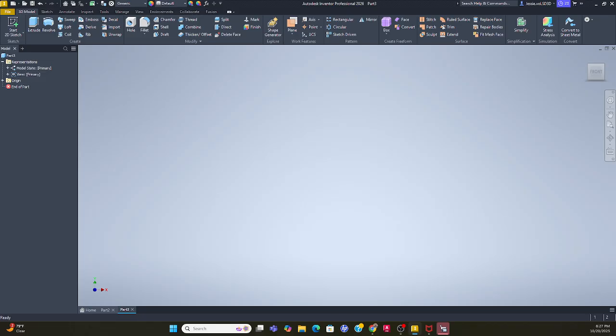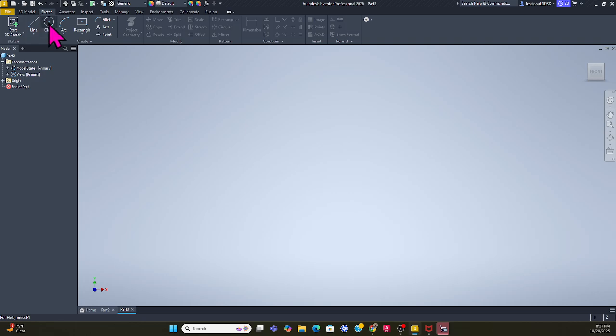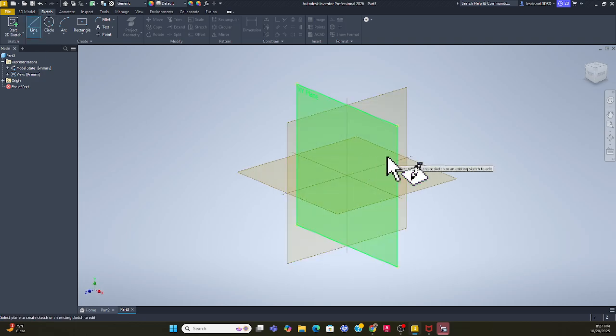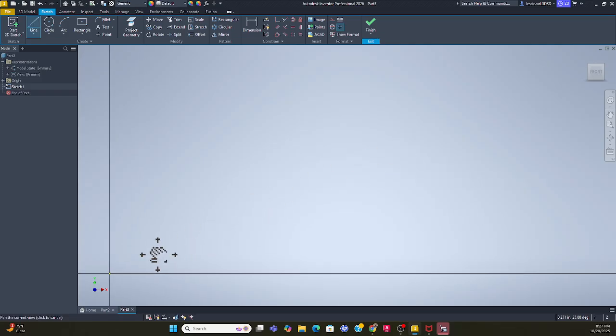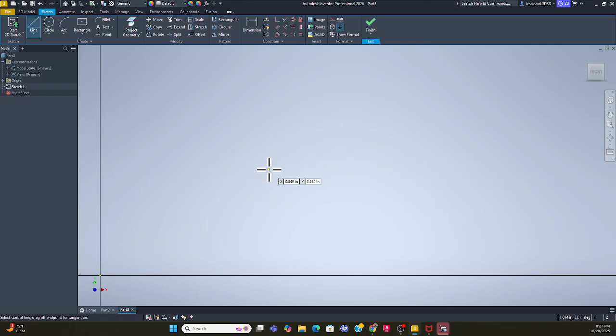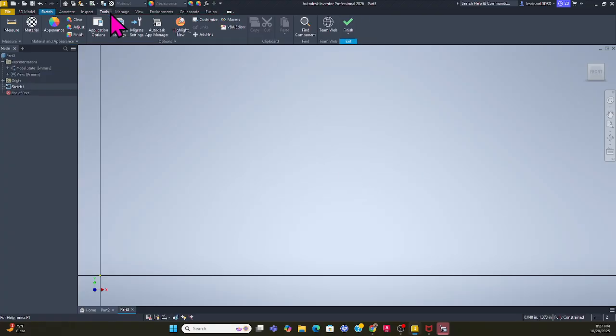What we're going to do next is start out with sketching on the XY plane, I believe, that I just selected. We'll notice the distance between the two circles here, the two ends, would be 105. But before I do any of these, first I'm going to go to my tools,